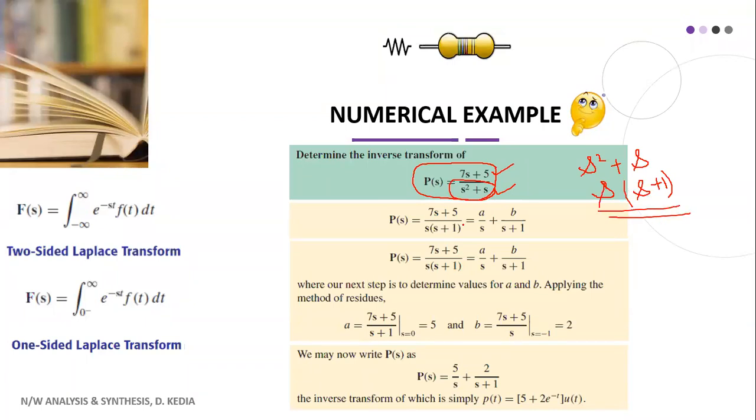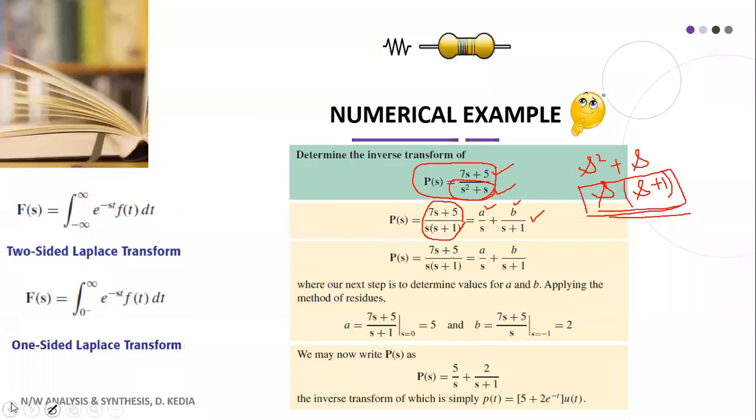Okay, so see, this is what you have done here. So we have two distinct roots. We can express this expression as a sum of two fractions, where we write A by s separately, then B by (s + 1). We do not know right now what the values of A and B will be, but we have written it as A by s plus B by (s + 1).